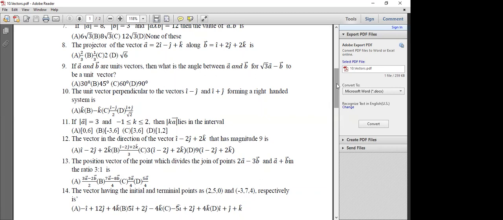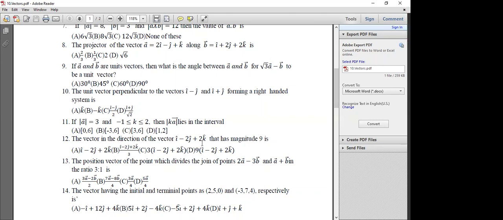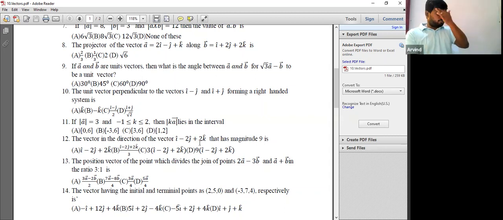B, sir. B? No. Option A, sir. Option A. No. That will be the same vector. First of all, for option A, look at the magnitude, it comes to 3, right? 1 square plus 2 square plus 2 square, that will be √9. √9 is 3. So the given vector's